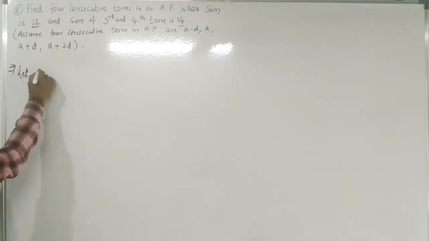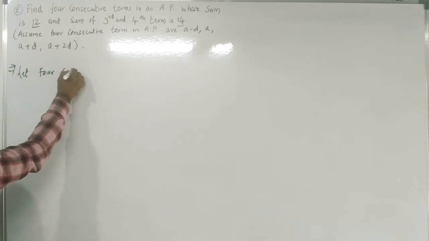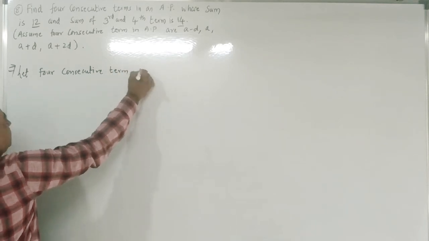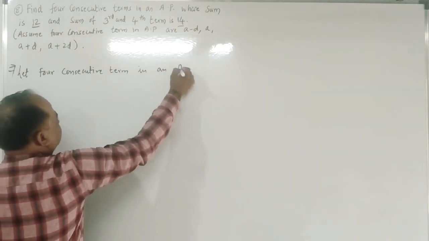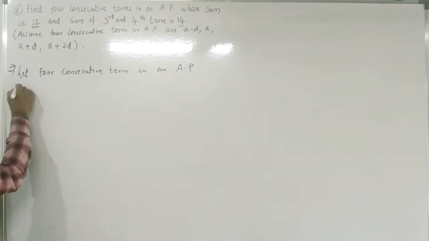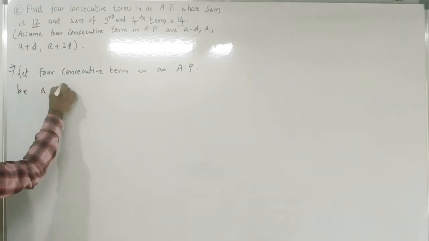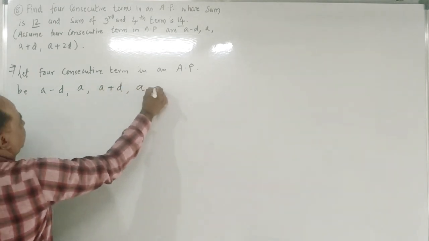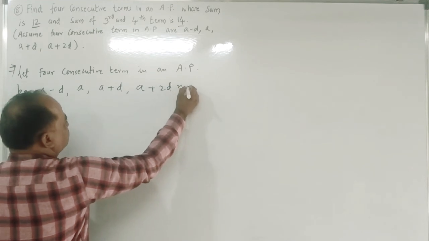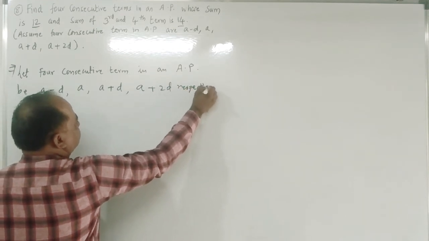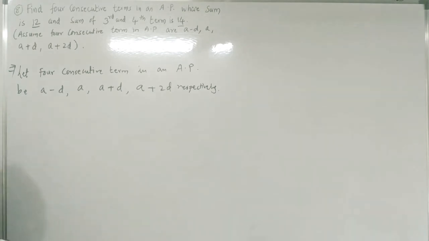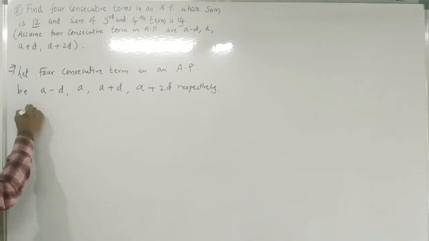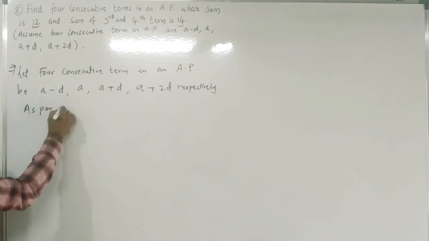So let 4 consecutive terms in an AP be A minus 3D, A minus D, A plus D and A plus 3D respectively. These are the 4 consecutive terms we have to assume in an AP. Now, as per the given